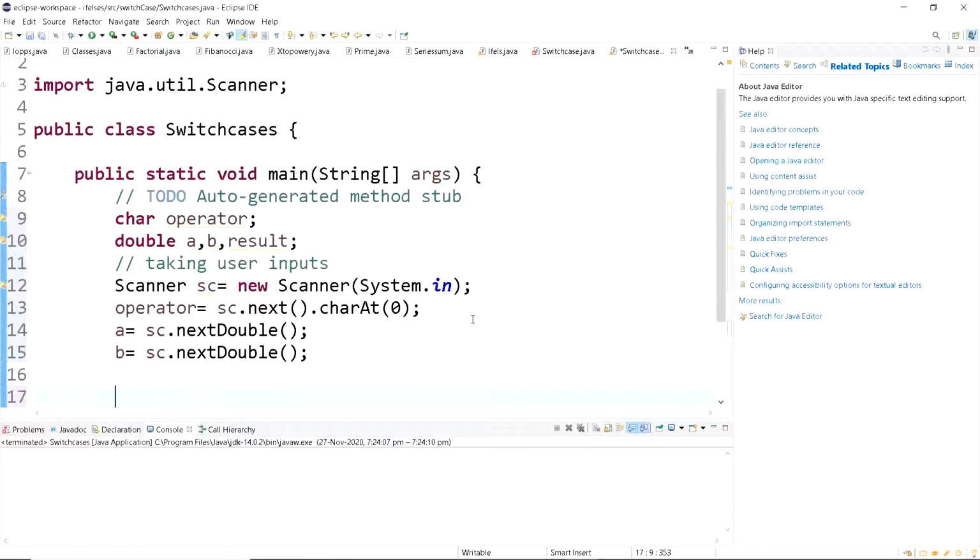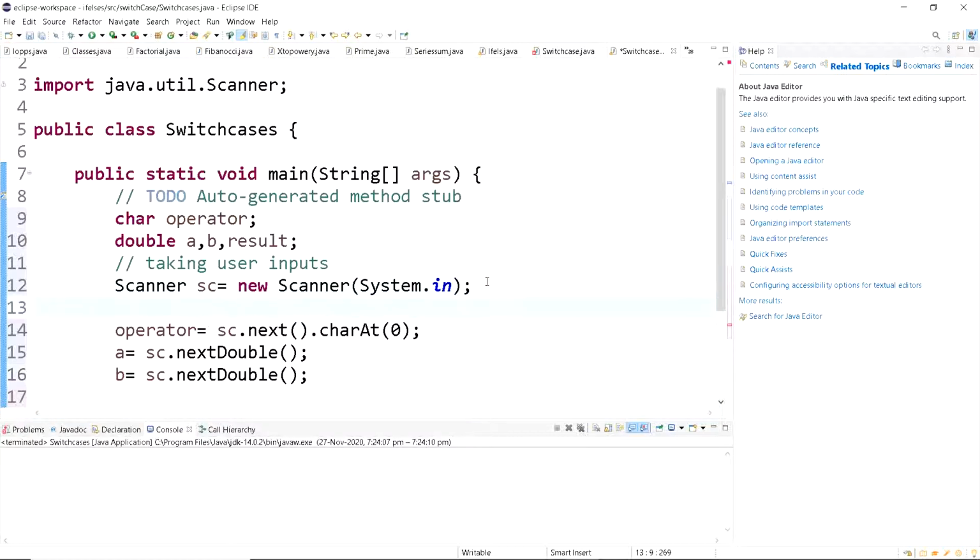Now we have to start. We'll write switch, and then starting, let us write this. Enter the operator. The operators are plus, minus, into, and divided by.